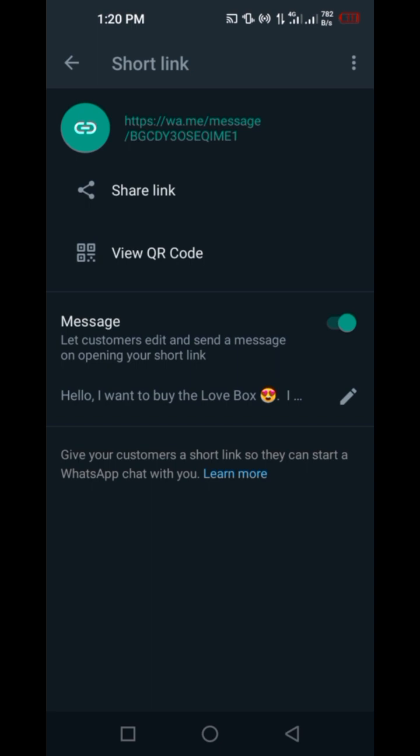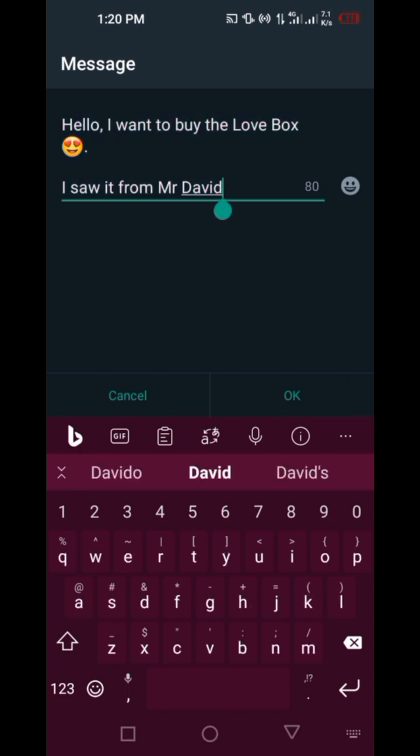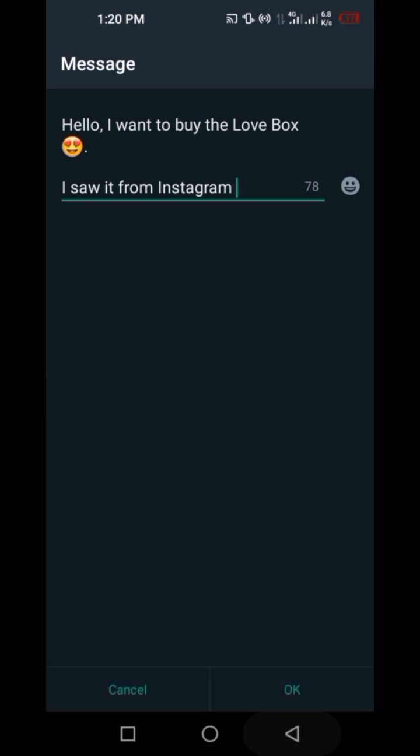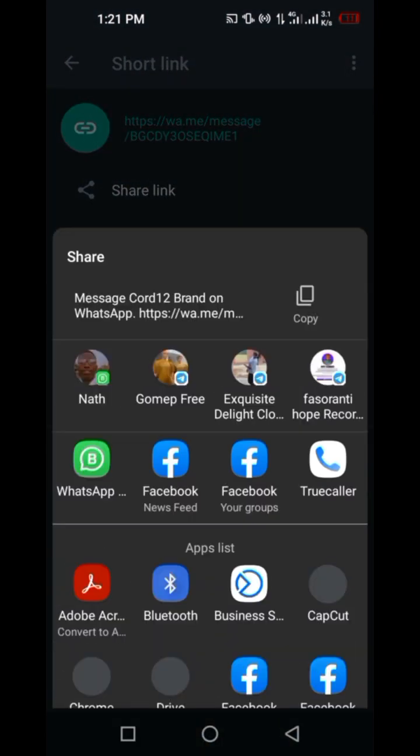What you want to do is click on this message. For example, I have this message. I'll click on this message. I'll click on the bio and you see what I did. I give someone a link. With WhatsApp you can give a link. So I want to buy the love box. I saw it from Mr. David. So you can actually say I want to buy the love box, I saw it from Instagram. So whenever anybody comes, you know the person is coming from Instagram. You click on OK and this generates a link. This link exactly. You click on share link and when you copy the link,